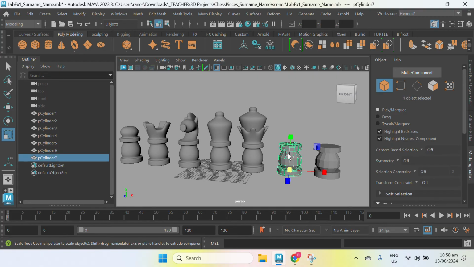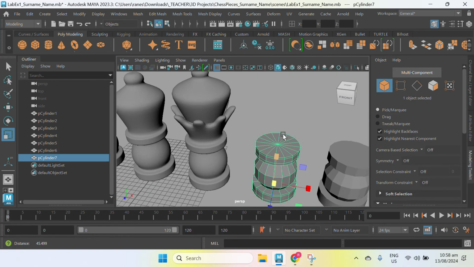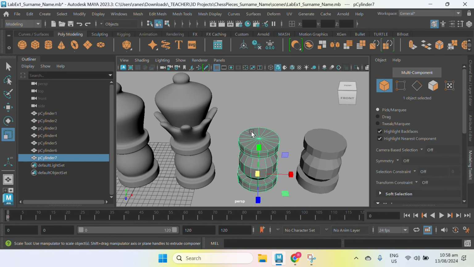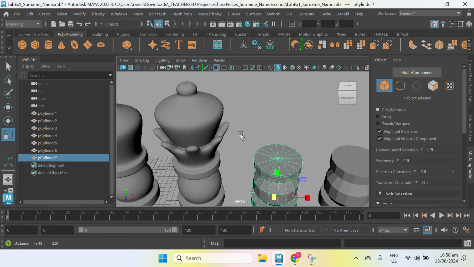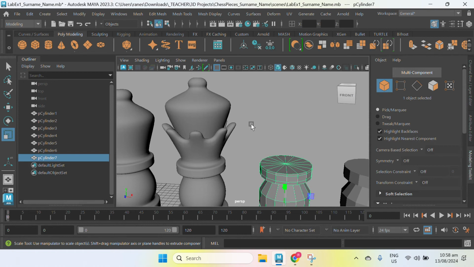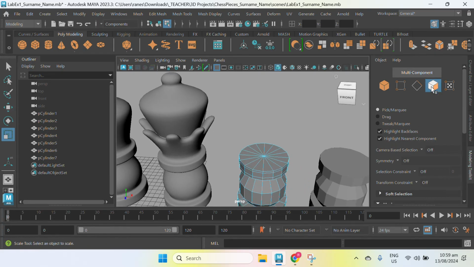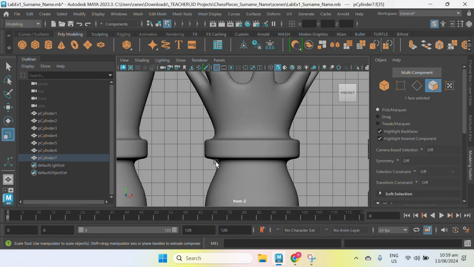And then for the last piece, for the king, the same with this one, but instead of the circular portion, I will create some cross. So start with face mode, select the faces at the front, top rather.